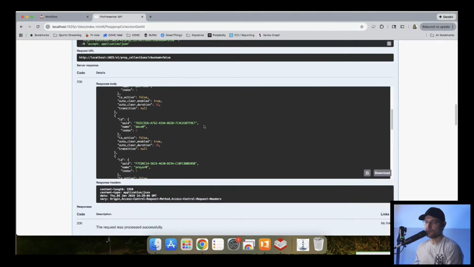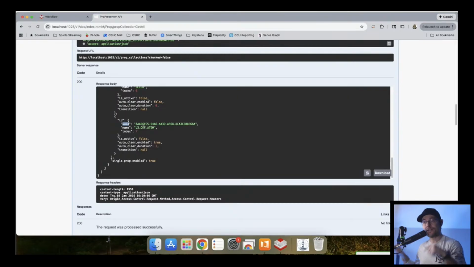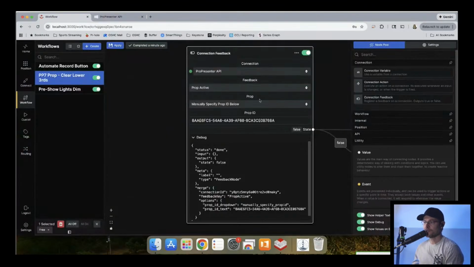This is going to give you a list of all of your props, and it's going to give you the UUIDs, which is what you need to know so that you can put it inside of workflows. It's watching for that prop to go, so it knows then to run the automation. So here it is. This is the UUID. You just copy, and then you go back to your workflows and paste it into your prop ID. That's the magic.